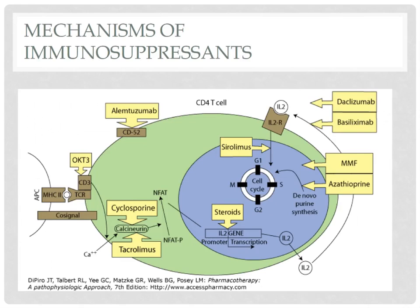So there are mechanisms of action in terms of how we actually suppress those T cells from proliferating and creating rejection. There are multiple different targets that we use to help with rejection. This is the antigen presenting cell, and it presents to our T cell receptor, and then calcium will be stimulated and influxed into the cell, and then stimulate this calcineurin, which is an enzyme,